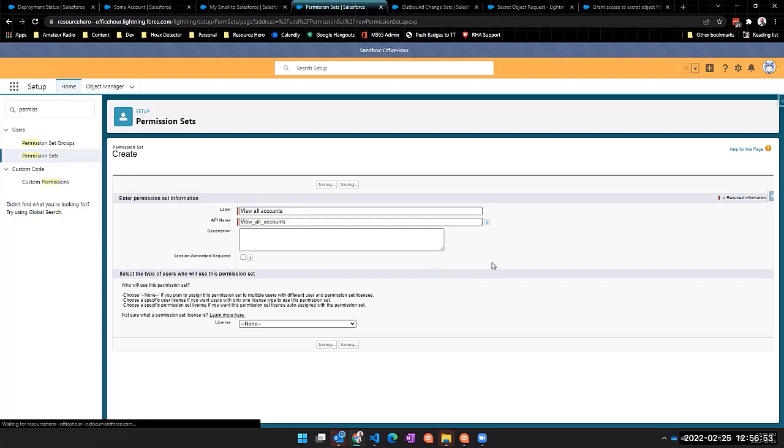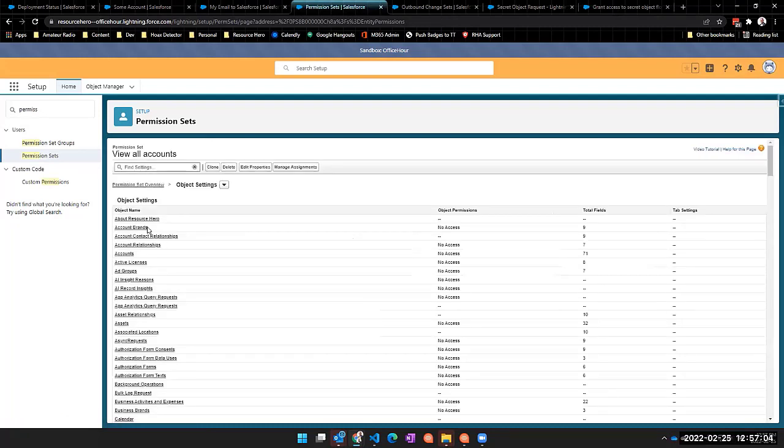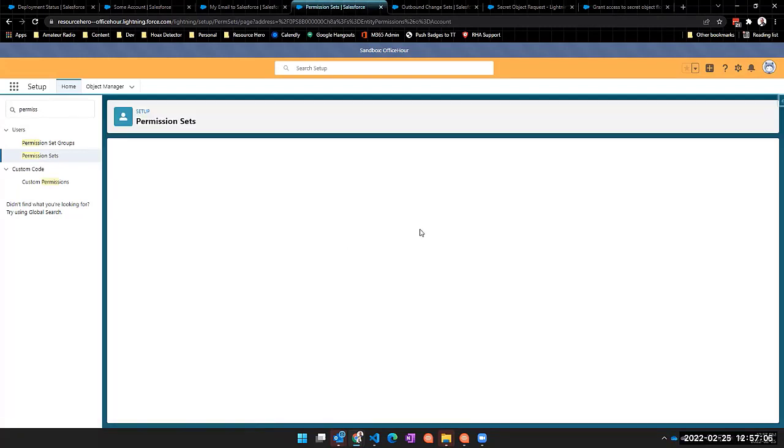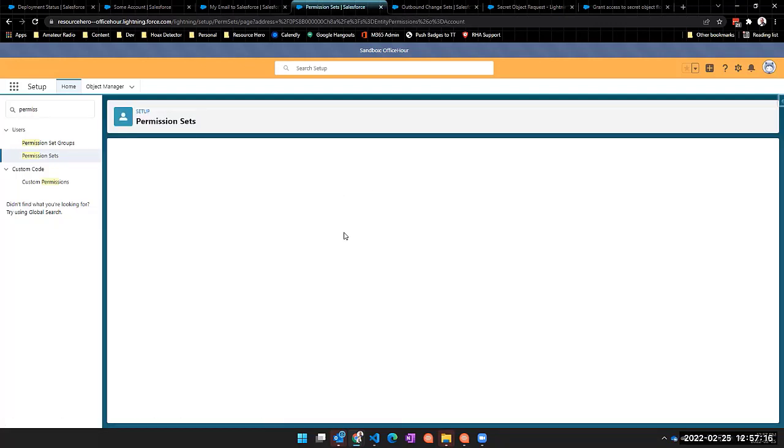and save. And then in our permissions here, we should be able to go to object settings. And then under object permissions, if we go to the account object, one of the permissions that we should have access to here is view all. So let's see. So if we edit this now, we can grant